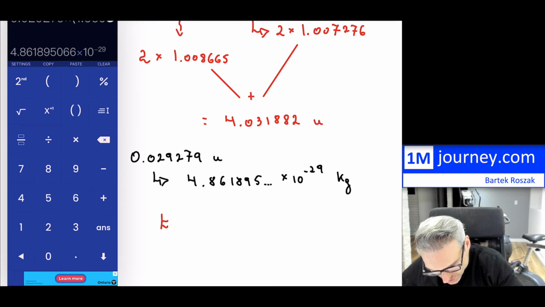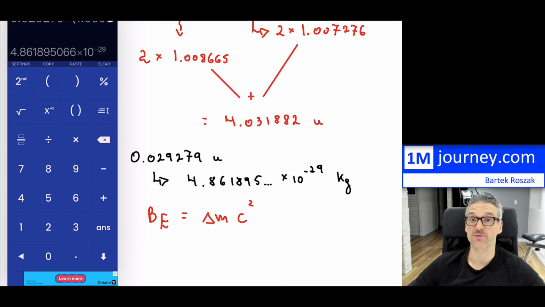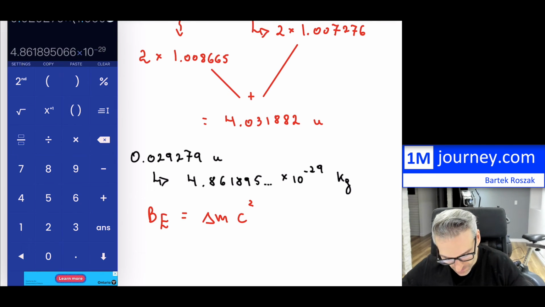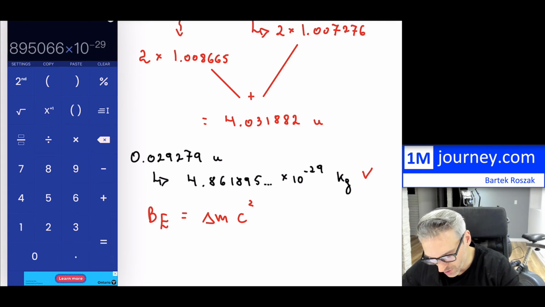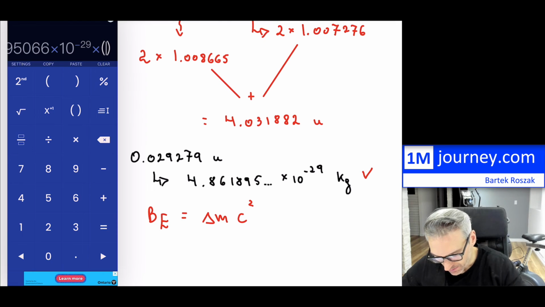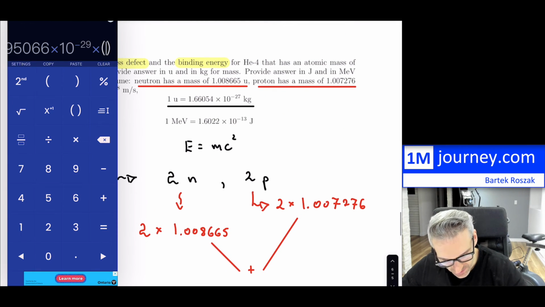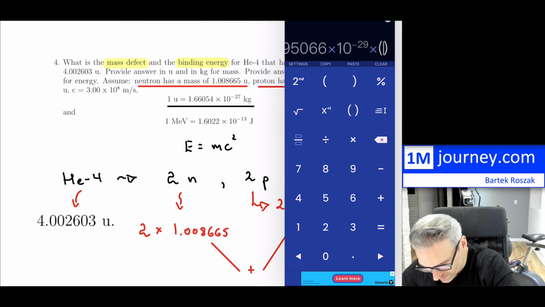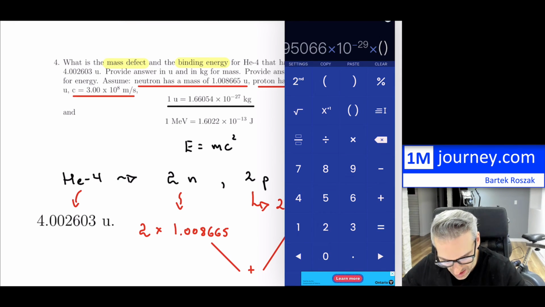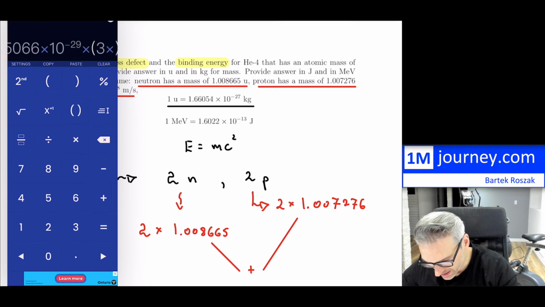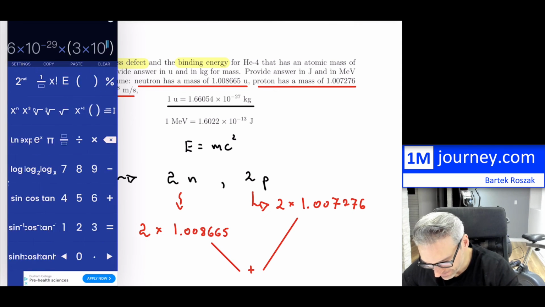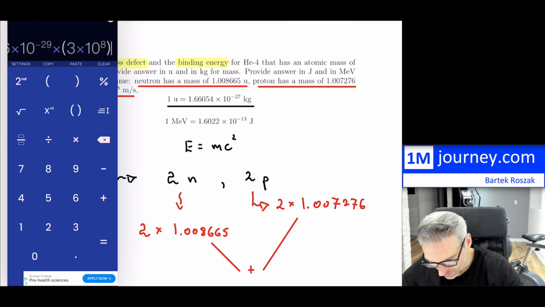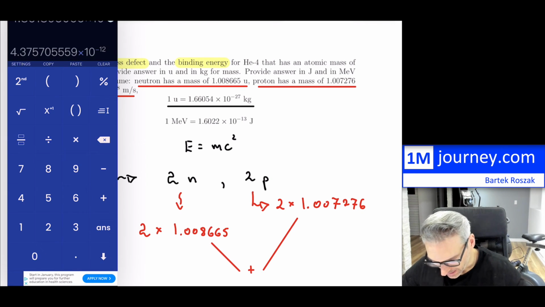Now that binding energy is equivalent to the mass defect multiplied by the speed of light squared. This comes from Einstein's equation. So I have the mass defect right there, that's already provided to me, and I'm going to multiply it by the speed of light. They are telling us it's 3 times 10 to the 8, so it's rounded. That's okay. But I have to square this, of course. So I'm going to square this up, and it equals